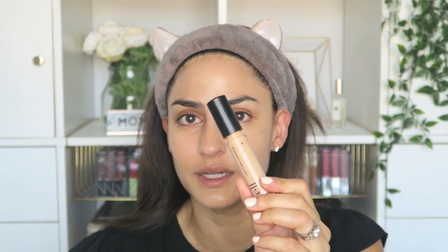This is the e.l.f. 16-hour Camo Concealer. You guys, it's under $5 from the drugstore. It does a really good job. And I'm using the color medium beige. I like how the doe foot is just a little thicker because it means more coverage if you need that. And I'm just hitting the spots